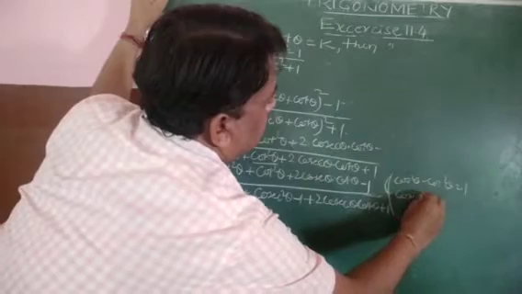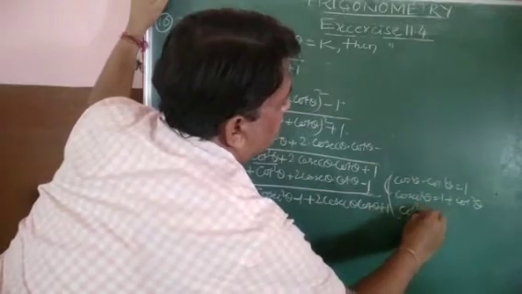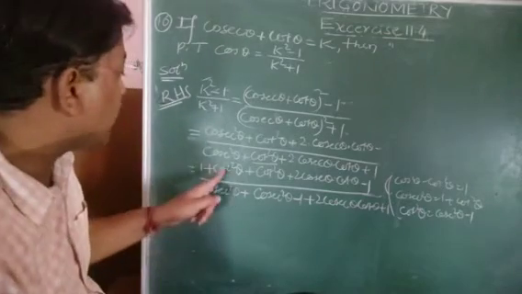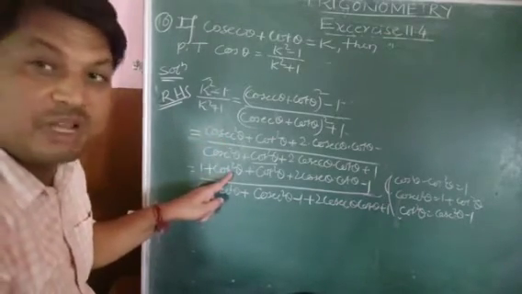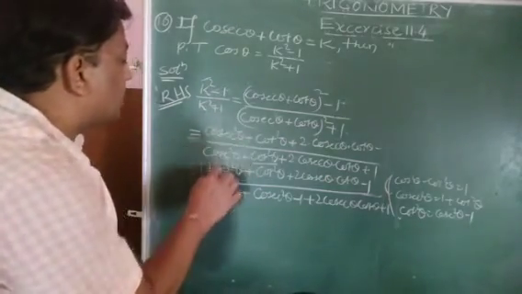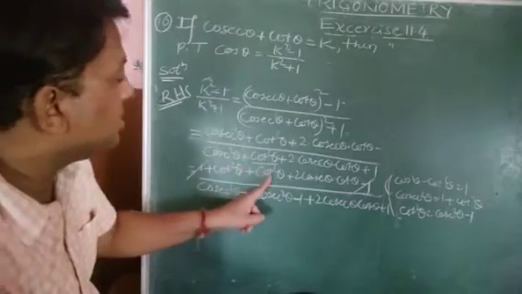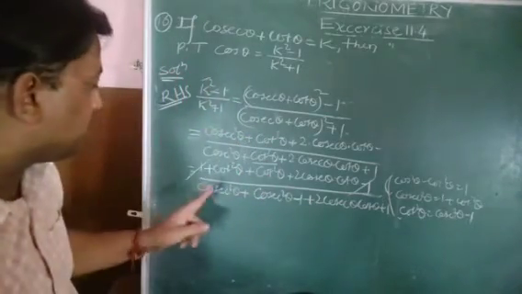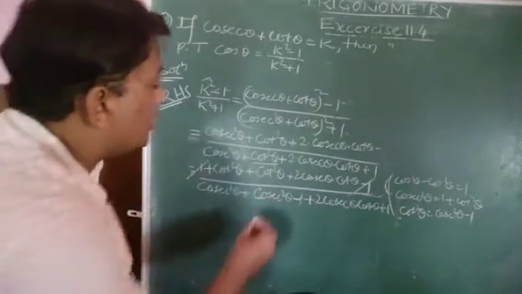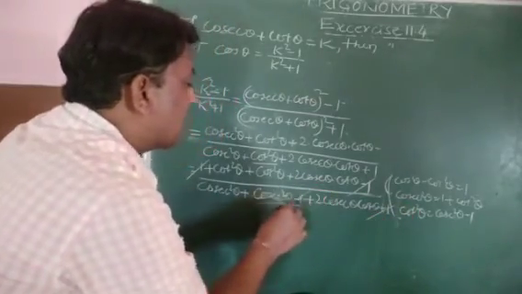So cosec square theta is equal to 1 plus cot square theta, and cot square theta is equal to cosec square theta minus 1. See children, why I converted cosec in terms of cot in the numerator and cot in terms of cosec in the denominator. When I converted cosec in terms of cot, 1 minus 1 cancelled, and cot square theta added and became 2 cot square theta. Whereas here I did not convert cosec, I converted cot square theta in terms of cosec square theta minus 1, because here there is a plus 1. So this plus 1 and minus 1 cancel.